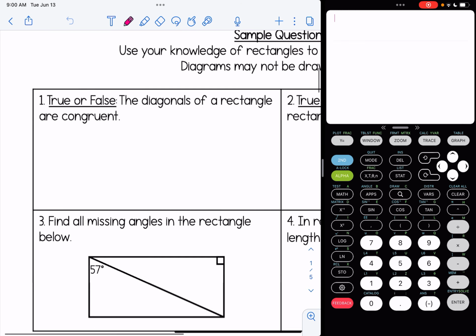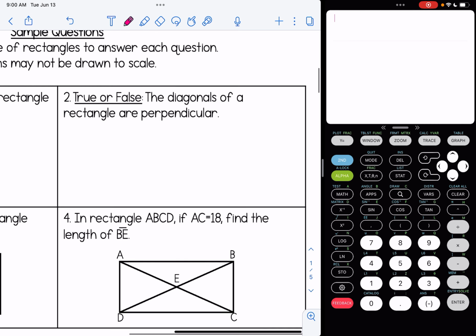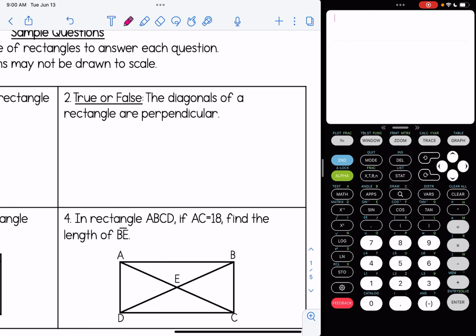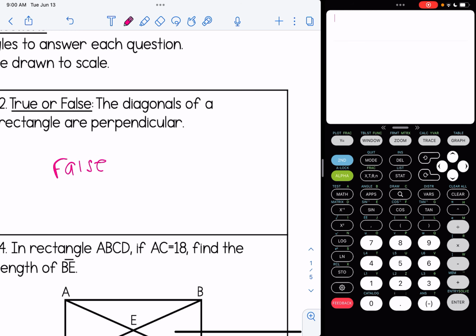All right. Number one, true or false, the diagonals of a rectangle are congruent. That is true. We just read that in our facts. Number two, the diagonals of a rectangle are perpendicular. This is false. If you had trouble with this one and you got confused because the sides are perpendicular, what